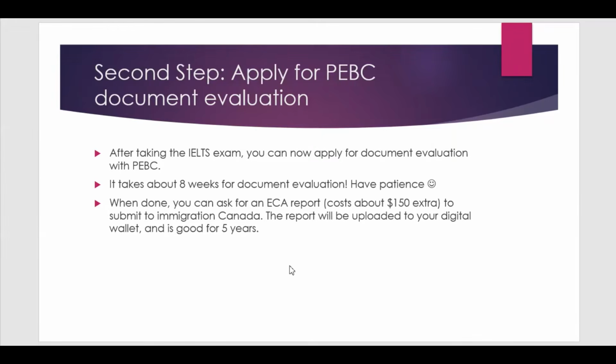Once done, you can request an ECA report, which is basically the credential evaluation assessment record, and it costs about 150 extra bucks to get that one. Unfortunately, you need that report, so you have to pay that money, because you will need to submit that report to Immigration Canada. They will ask for it if you're applying as a skilled worker for your profession, which is pharmacist. Once you pay the fee, they will upload the report on your digital wallet, and it's good for 5